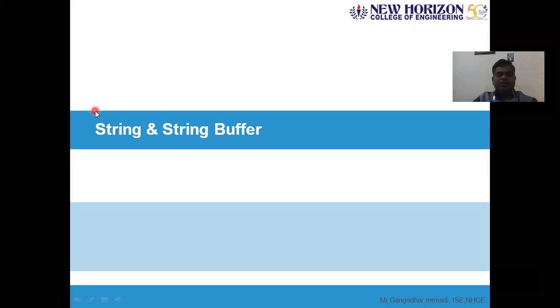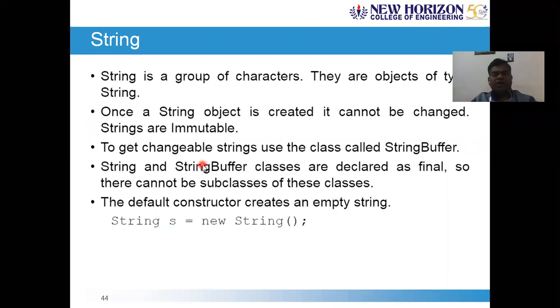Okay, we'll try to explore the details of the String and StringBuffer classes. So how exactly do we define strings in Java programming? A string is defined as a group of characters. So they are objects of type String, I mean, capital S, always remember. The class String is defined in Java programming with S in caps, which is a built-in class in Java. Every time we are creating an object of this class, we are making it a string. That's a very important observation we have.